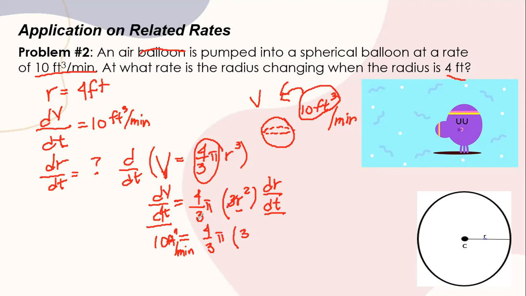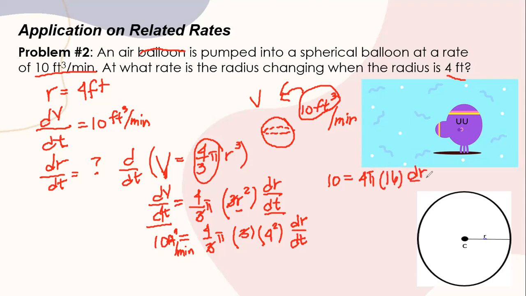Okay, pwede na natin i-cancel si 3 here. So multiply to r squared. What is r? That is 4. So 4 squared multiply to the dr over dt, which is what we will be solving. Okay, so 10 is equal to 4 pi multiplied to 16